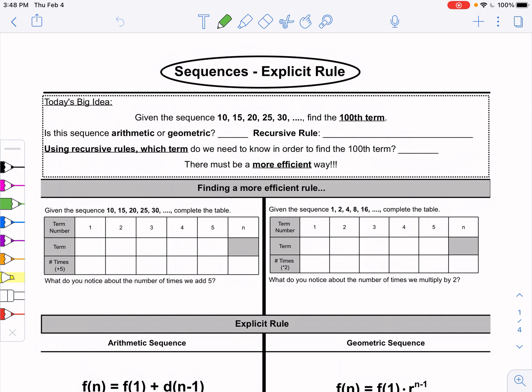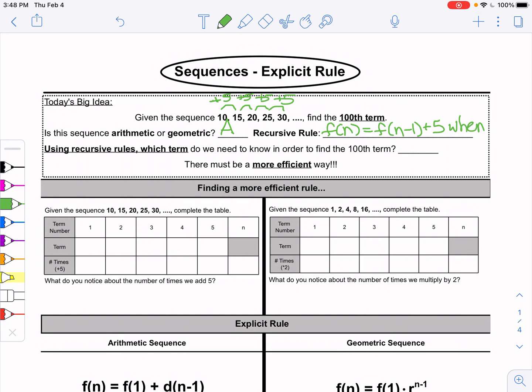First, is this an arithmetic or geometric sequence? Well, I can see that to go from 10 to 15, 15 to 20, 20 to 25, and 25 to 30, we are always adding 5. Because this is an addition pattern, hopefully you all can tell that this is an arithmetic sequence. We can write the recursive rule for this very easily. F of n equals f of n minus 1, the previous term, plus 5,